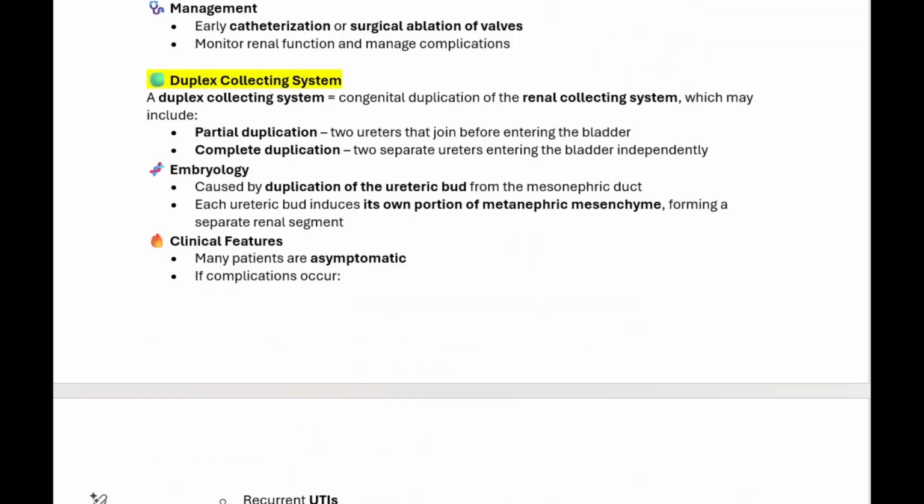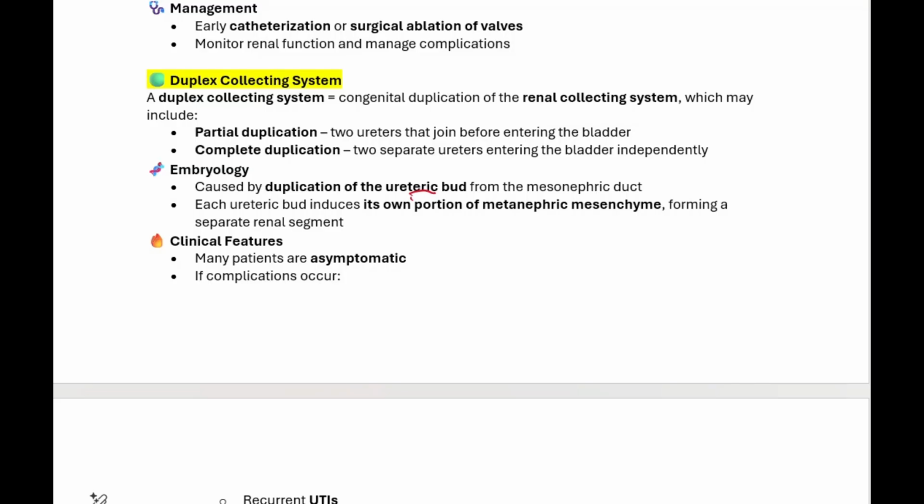A duplex collecting system is a congenital duplication of the renal collecting system, which may include partial duplication or complete duplication in this patient. And when we look at the embryology, this is caused by duplication of the ureteric bud. Because remember, we mentioned earlier that the ureteric bud is what gives rise to the